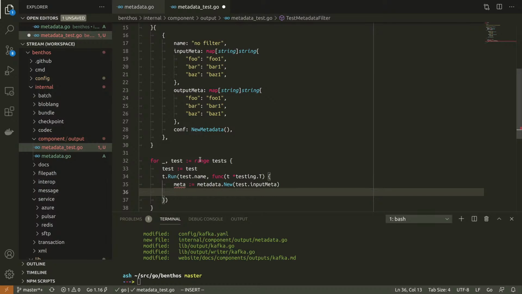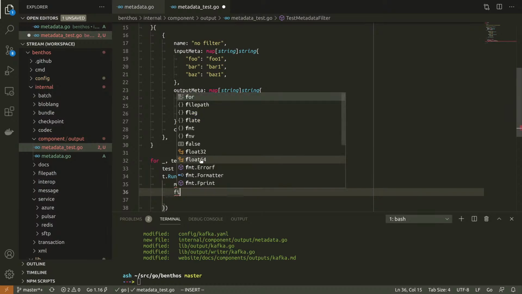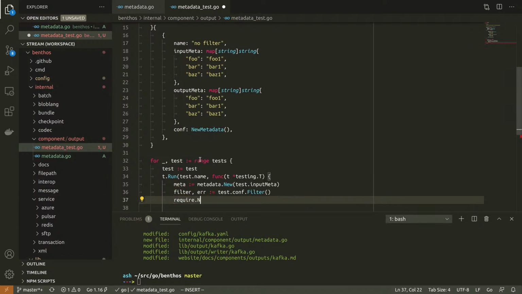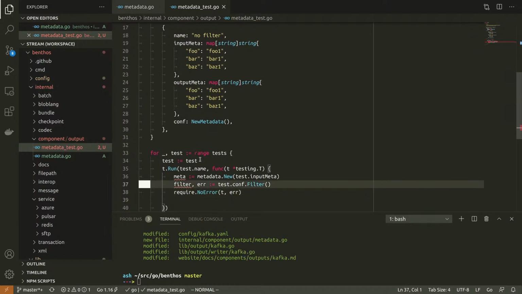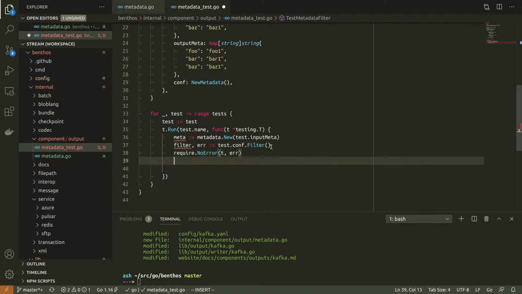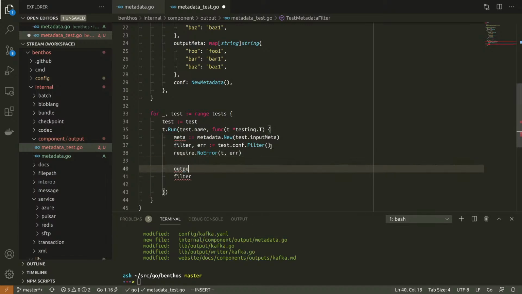Yep, we construct the input metadata object, and then we get our filter from the config, and then we require that there was not an error. Obviously, maybe one day I would expand the test struct to include an error if we want to check that we do get one. And then what we're going to do is we're going to filter,